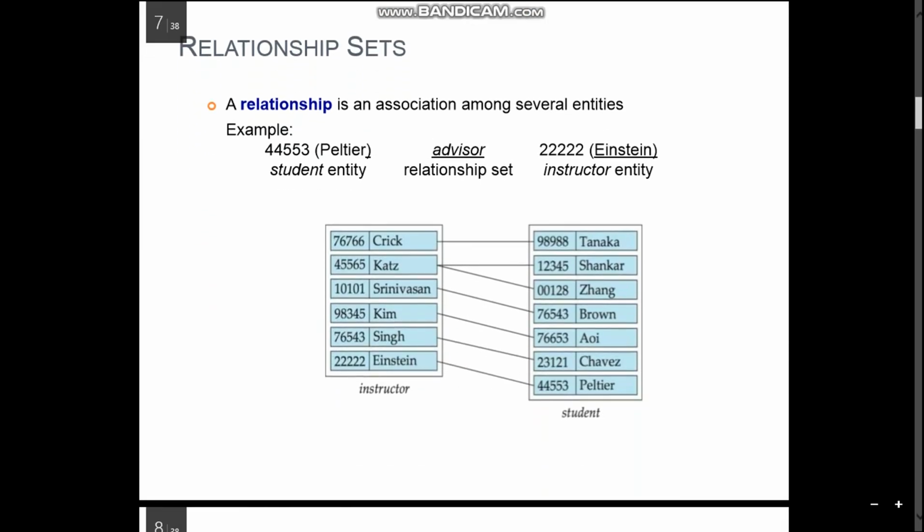Relationship. Now what is a relationship? A relationship is an association among several entities. That is, the relationship of one entity with instances of another entity is known as an association. The association is known as a relationship. So now here this instance is associated with this first one. Now the second one is associated with two different instances in student. Yeah, we can take an example that one teacher